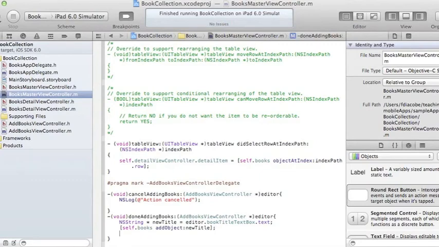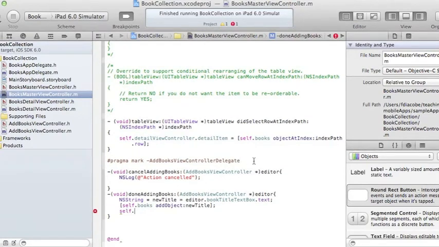and then I'm going to reload the table. So I'll say self.tableView, so the table view within me, reloadData. Before we can see this, there's one more thing. This is the delegate, right? Now, when the books